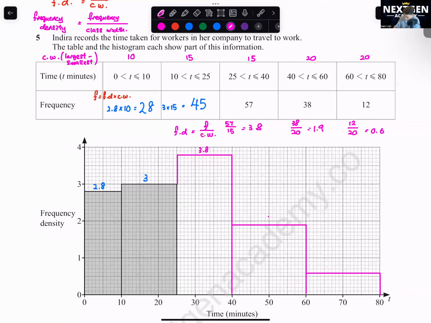Over here, please don't straight away type the entire thing into the calculator and get your final answer. Your chances of getting a mistake are very high. So break it down. Break out the top and then the bottom. Top, type in the calculator: 5 times 28 plus 17.5 times 45 plus 32.5 times 57, 50 times 38 plus 70 times 12. You'll get 5520. Your bottom, 180. And your final answer, 5520 divided by 180, you'll get